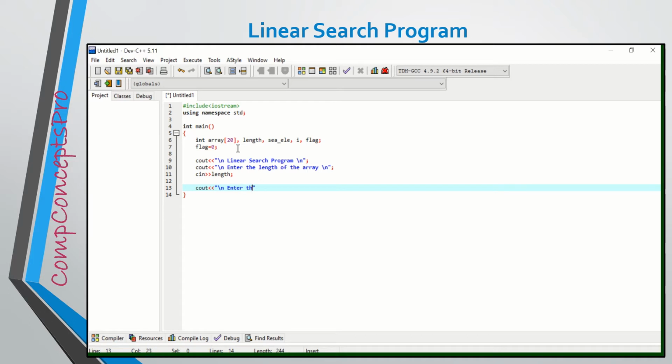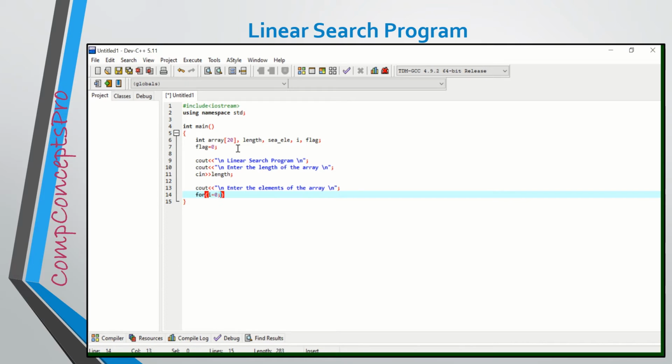If by mistake the user enters a value more than 21 for the length, the program will terminate. Now I will ask the user to enter the elements of the array, and the user has to enter as many elements as the length of the array.